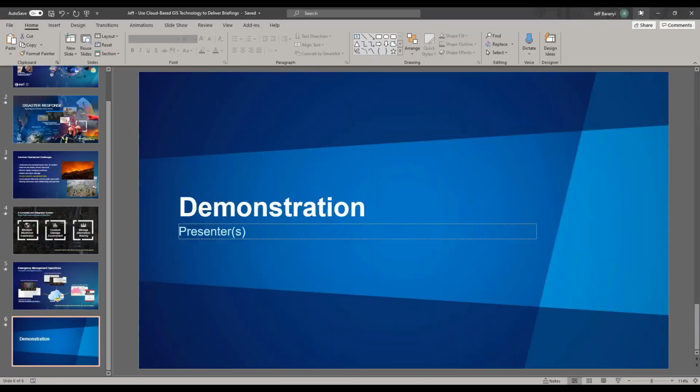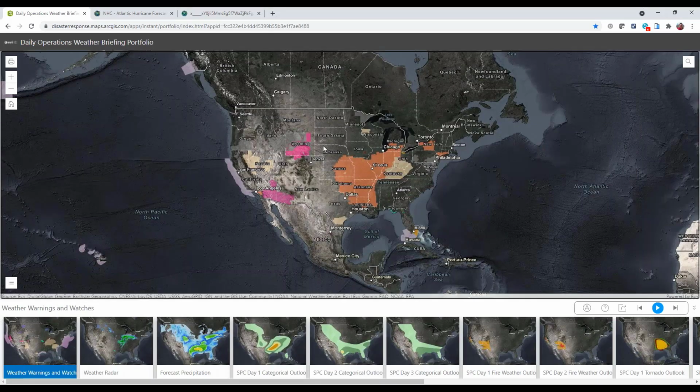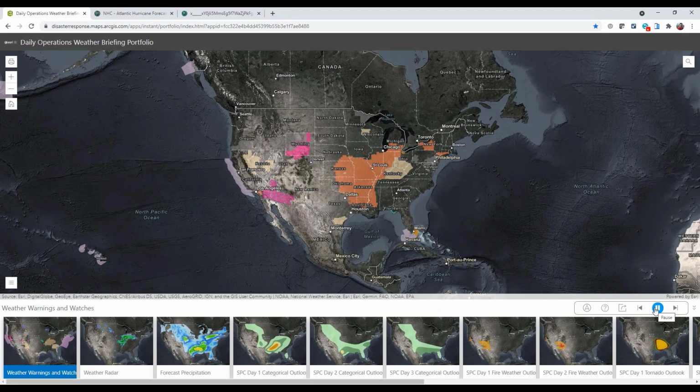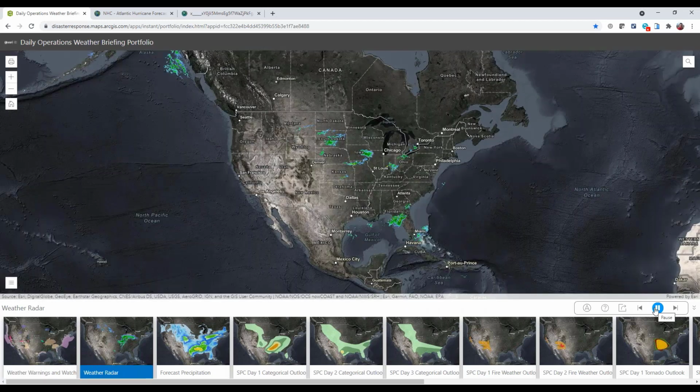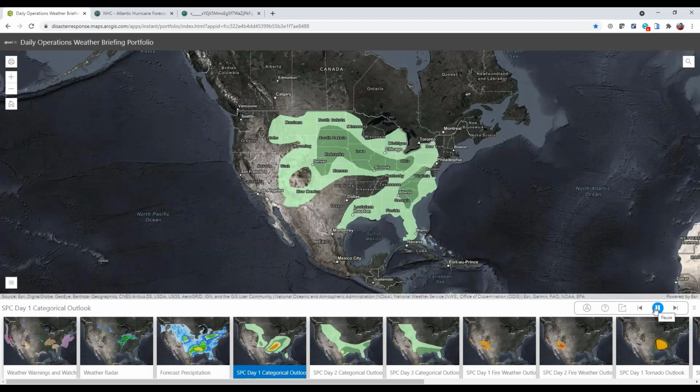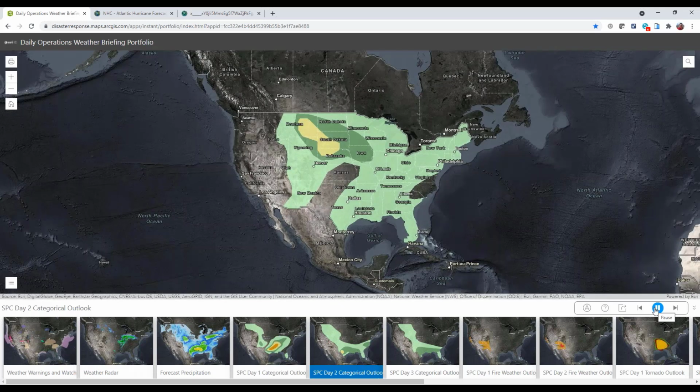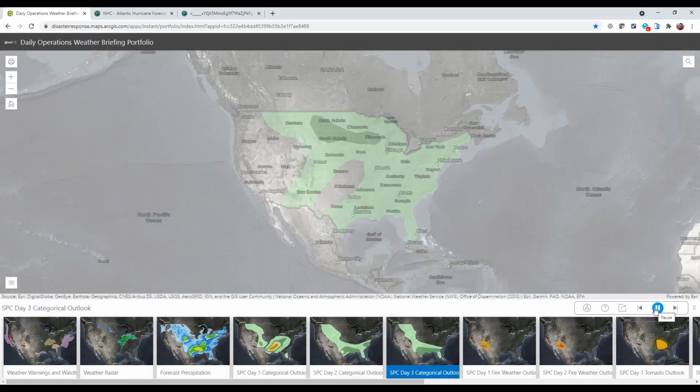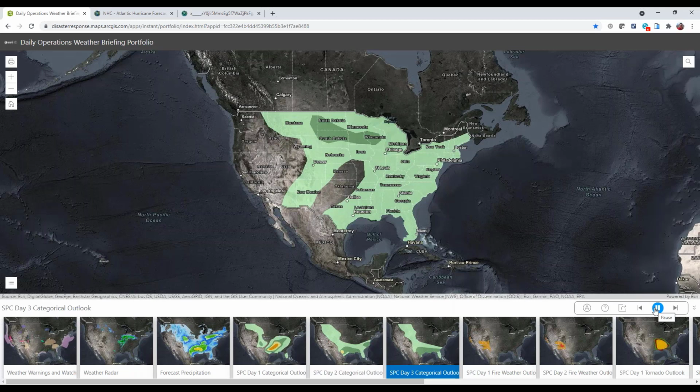So now I want to switch over and look at a demonstration. What you're looking at here is the new portfolio app. This is an app that comes with both ArcGIS Online and ArcGIS Enterprise, and is really designed to help showcase all your ArcGIS Online items, as well as make it easy to navigate through them to see what's going on. In this dynamic briefing example, I've used the VCR-like controls to hit the play button to help automatically cycle through some of the content of this particular portfolio application.